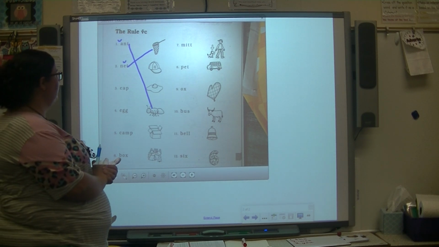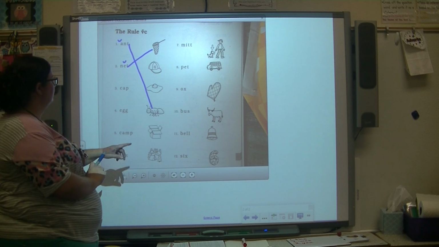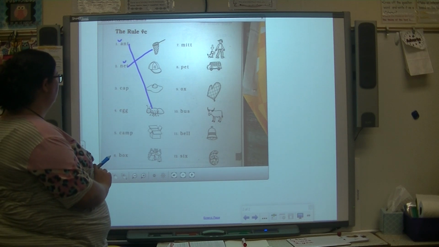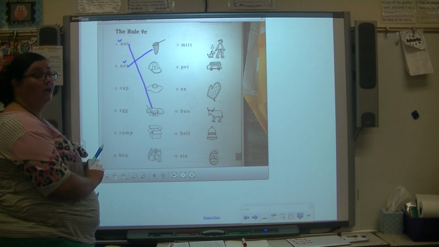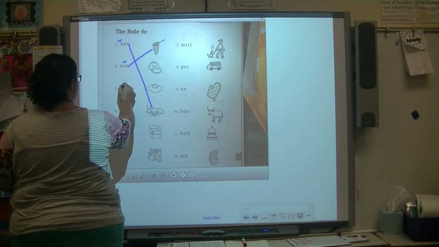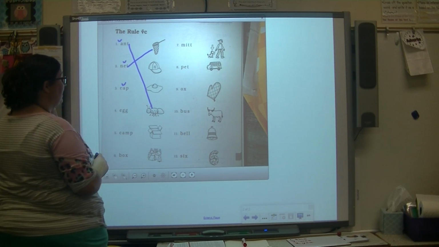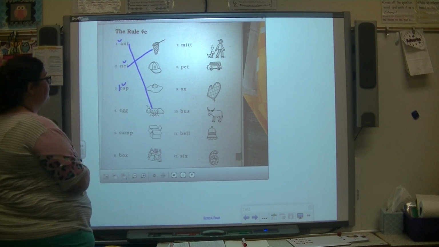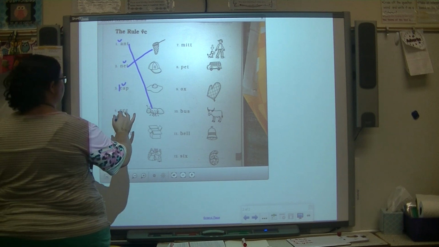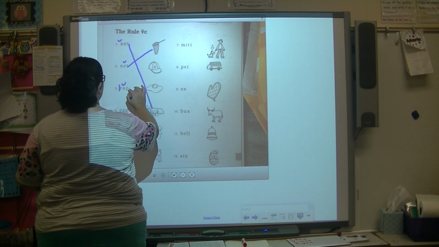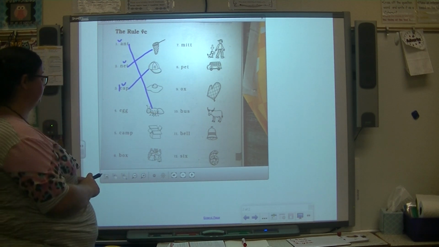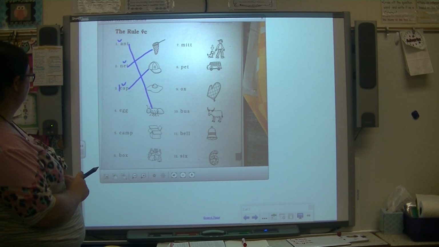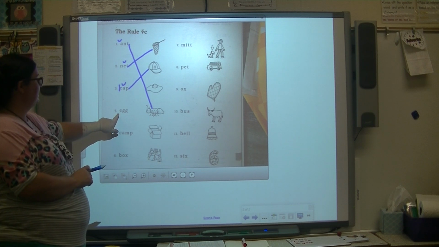All right, number 3. Cap. All right, a vowel followed by a consonant is short. Or we have a C making the K sound, so we place the K back on it. And then you draw a line to the picture. All right, the next one is